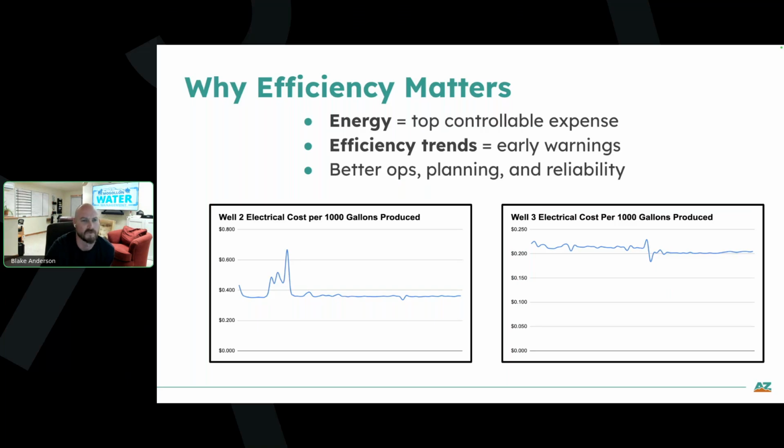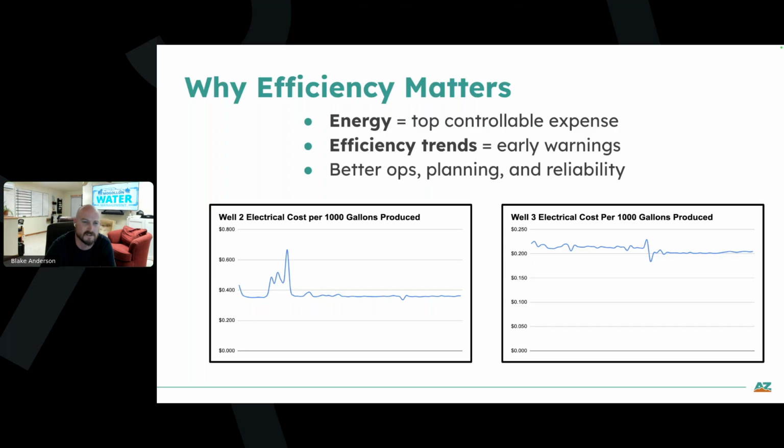On the well 3 graph, you see the exact same thing. You see pretty consistent readings, then all of a sudden this little bump that goes up, and then you make this replacement, and then you see the numbers drop off and stay flat. That was just motor age, I think, on that one, more so than the impellers wearing out. So we didn't see such a significant change, but we were able to recognize it and jump on it early.